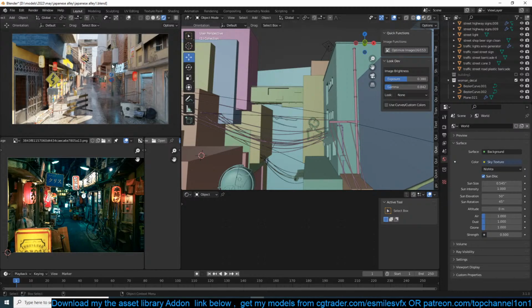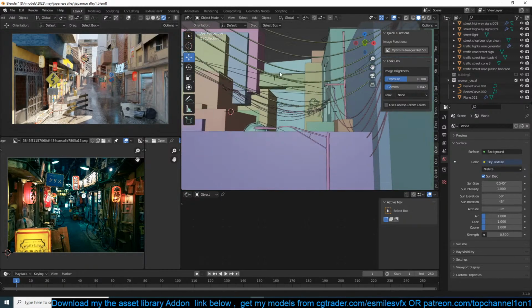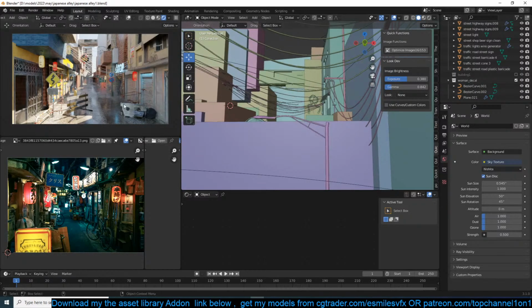Though the issue with the daytime is it shows a lot of things. Like this area here is not textured. We have a bike up here for some reason. The daytime version needs a lot of work to make it look finished.